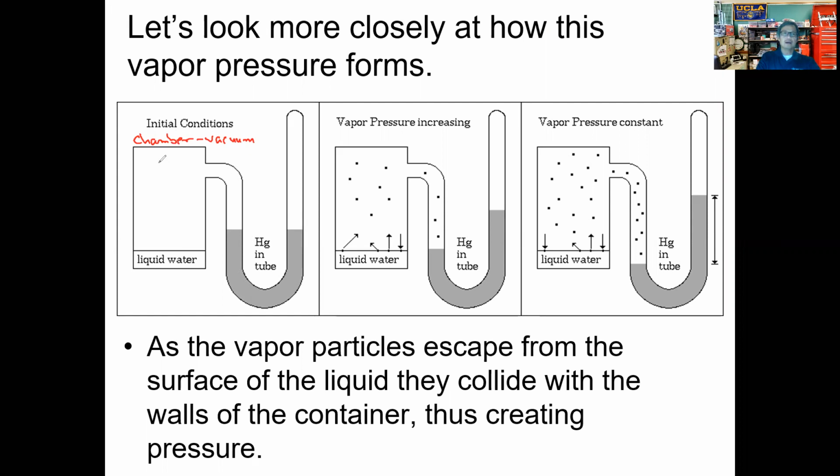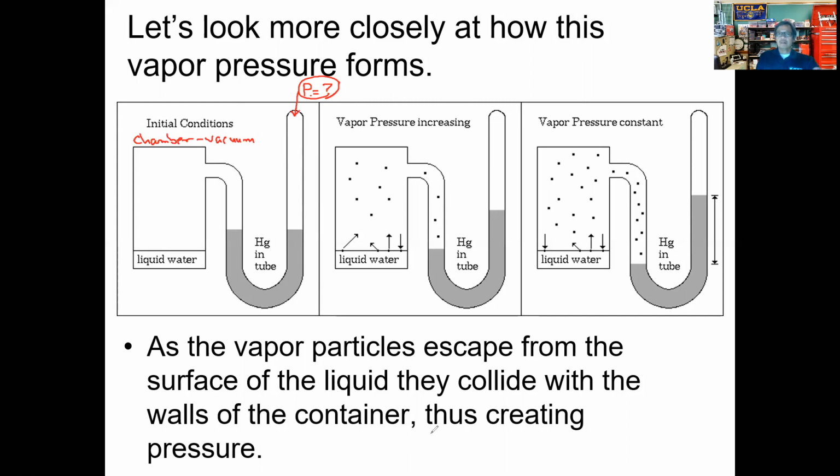Okay, so right now, what I'd like you to do really quickly, just to remind us of how this works: if the chamber here right now is a vacuum, what is the pressure in that column right there? Take about 30 seconds, and tell me what the pressure is in this column right here. Go ahead and do that really quickly.